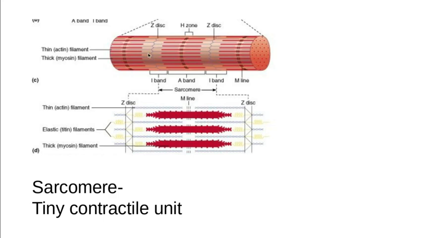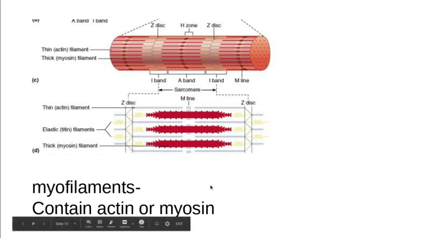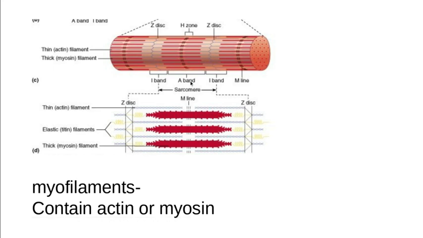So from half of this I band to half of this I band and this A band is called a sarcomere. So from this Z disc to this Z disc, this is called a sarcomere, and this is the smallest contractile unit inside of a muscle. Inside of your sarcomeres, you have what are called myofilaments. So here's your sarcomere from Z disc to Z disc, and this